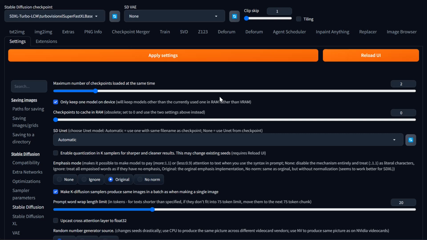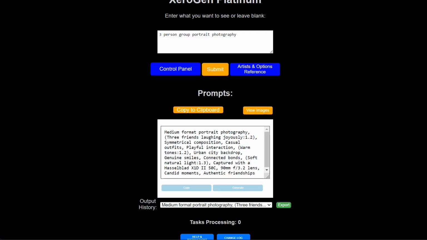The speed at which it can transfer data between RAM and VRAM is a lot faster than switching it between your drive, whether it's a solid state drive or a platter drive, to VRAM. It's just a lot quicker. I have mine set to the maximum, to 10. The reason for this is because I have 128 gigs of RAM, and I'm using my Stable Diffusion Forge Edition interface or backend as the API backend for my prompt generation,